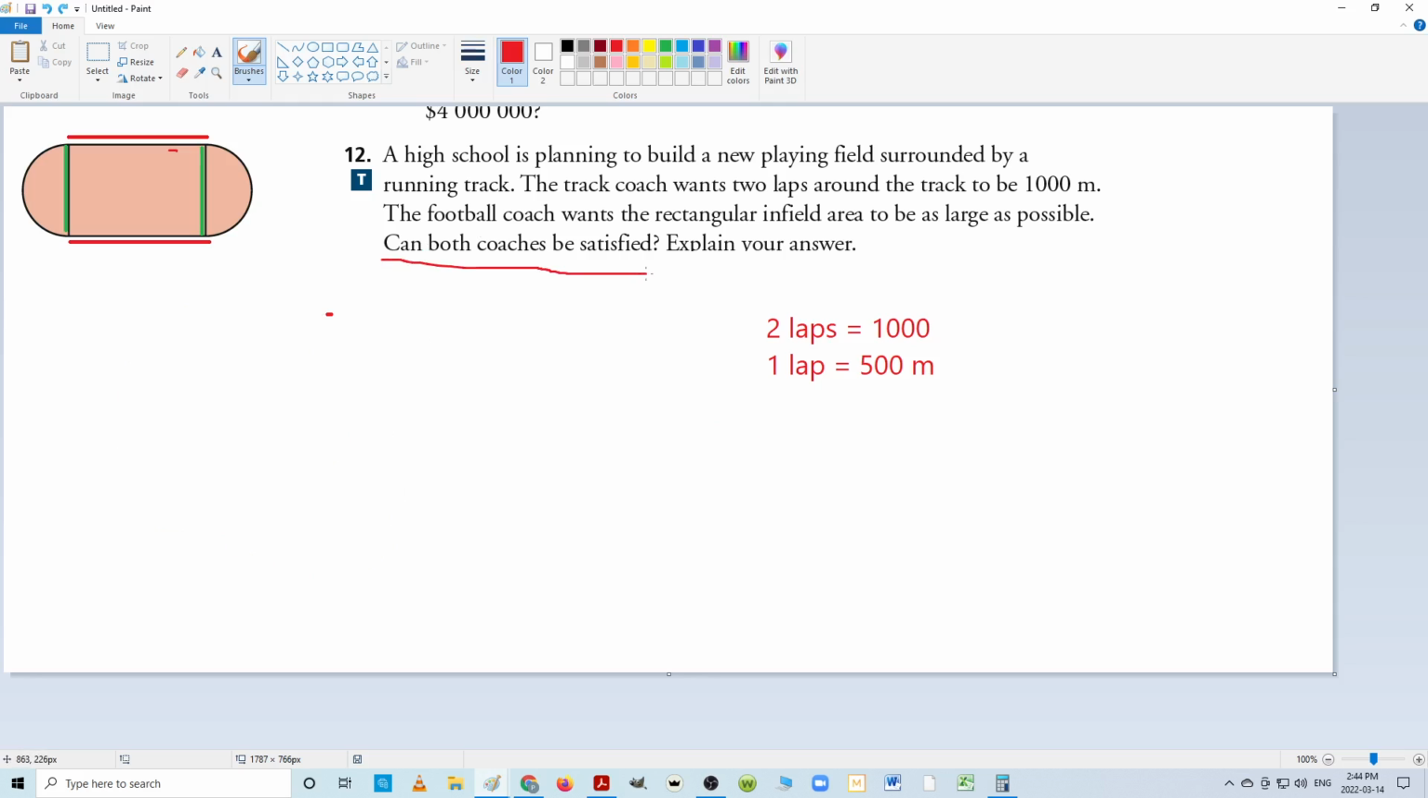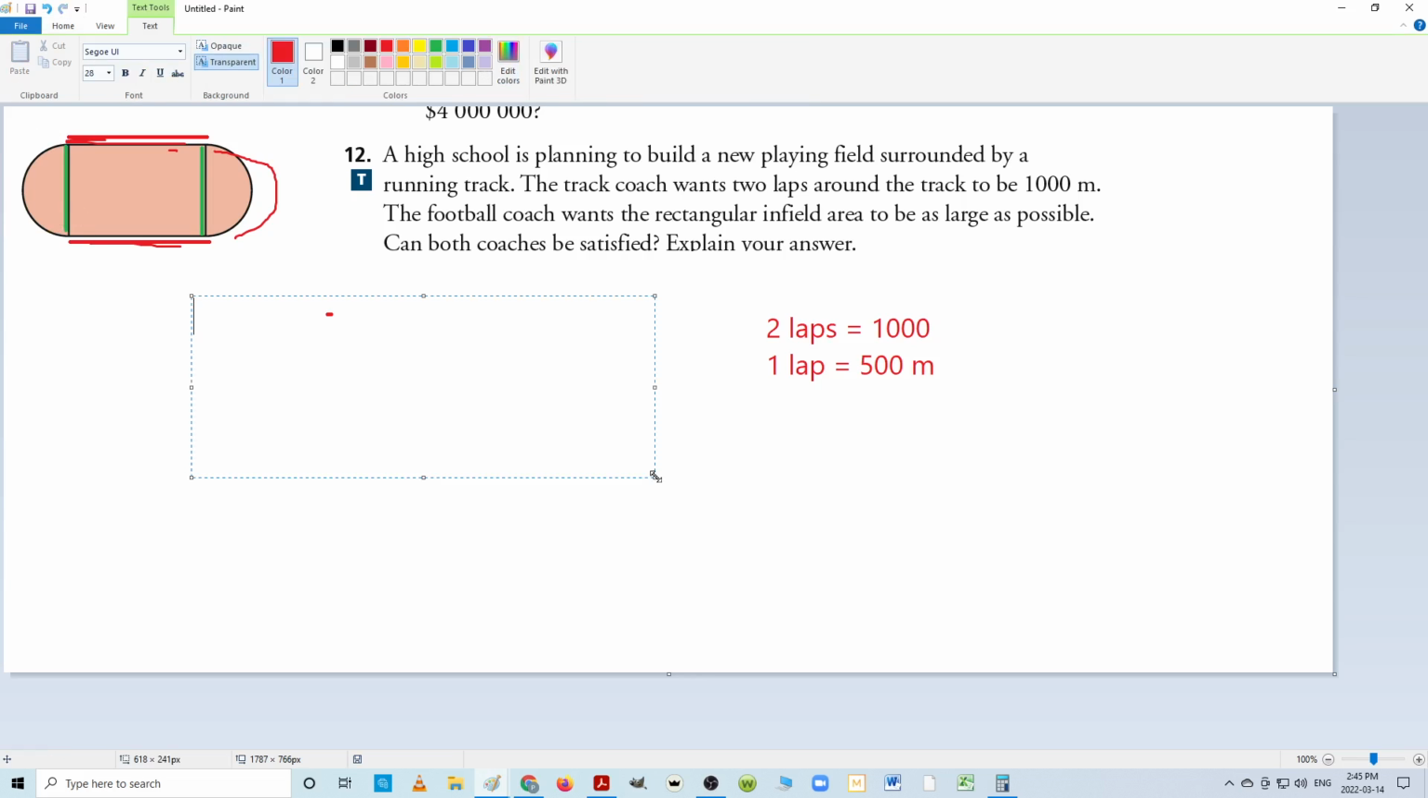Can both coaches be satisfied? Explain your answer. Well, since the infield is as large as possible, of course they can be satisfied. So that means I have to have a perimeter that is 500 meters. The perimeter of this is this length, half a circle, this length, and half a circle. Therefore, the perimeter, if I add up those two half circles, is equal to 2 times that red length, red line, plus the perimeter of a circle. And since I know I'm talking about 500 meters, I just don't know the red line,